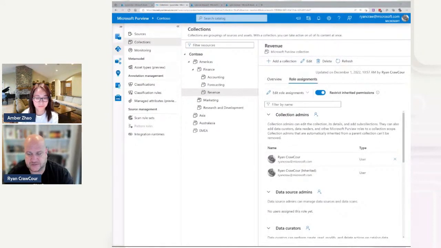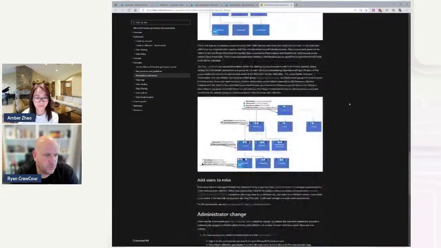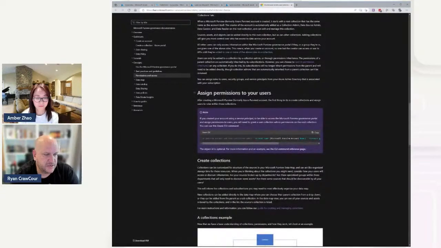One other thing that might happen, which is good to know, and I will post a link to the command in the chat window, is that sometimes, hold on a sec, I didn't get in the right window. Sometimes when you build your collection, this is an important point to note, and it's in the documentation that I just pasted in